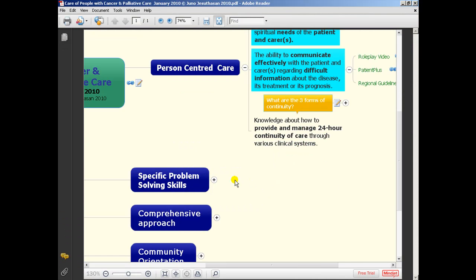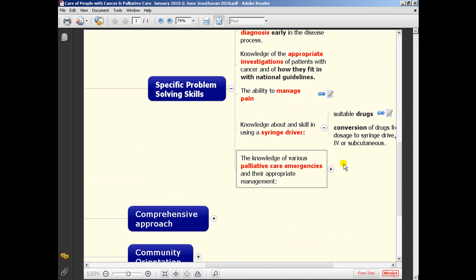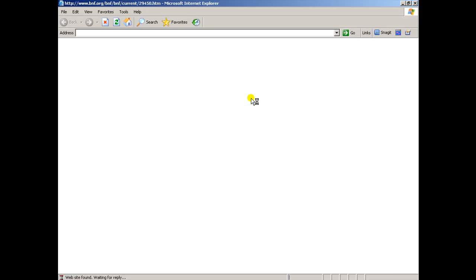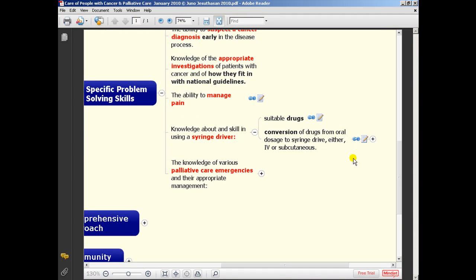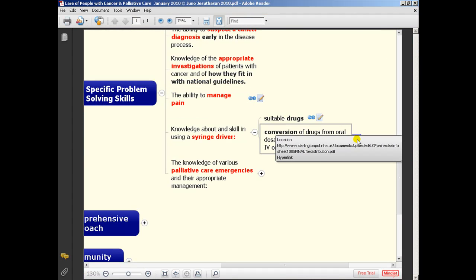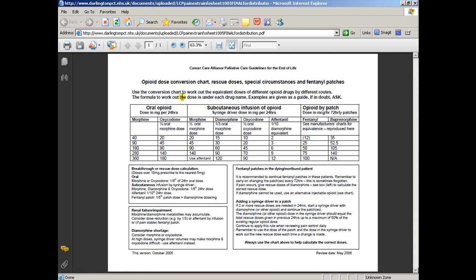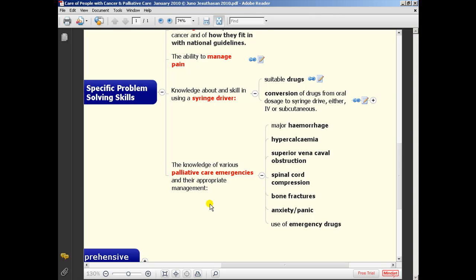So essentially, have fun with the map, go round it, use the various resources that are there. In some instances I've put in a link. For example, pain management goes through to the BNF section on pain. In other areas it'll just be individual websites or useful resources, for example opioid conversion charts, or use Google and find your own resources. Just identify your learning needs by looking at the various areas that the curriculum highlights,